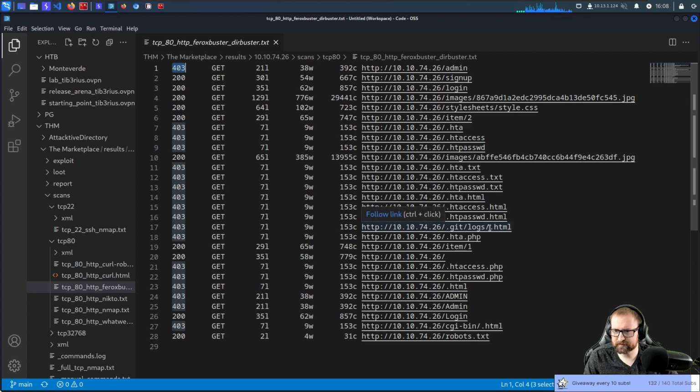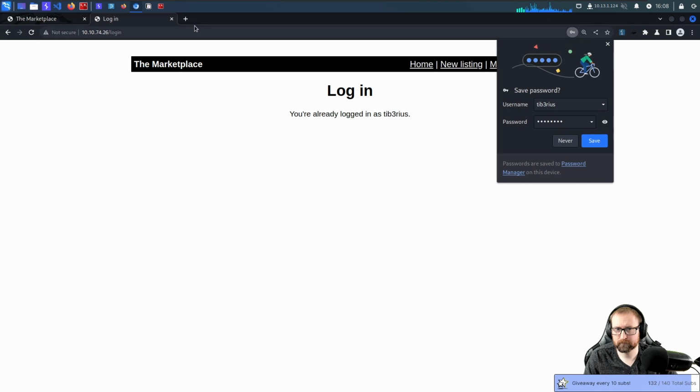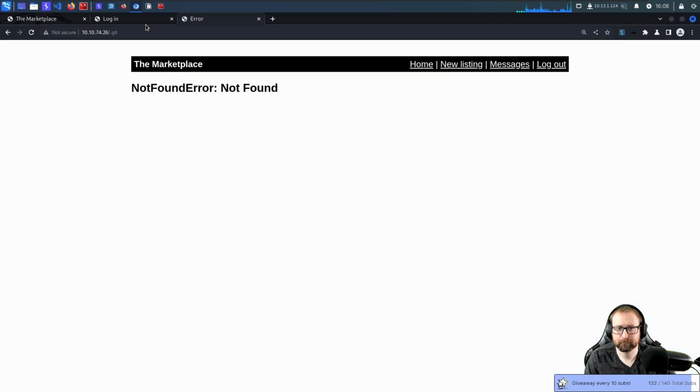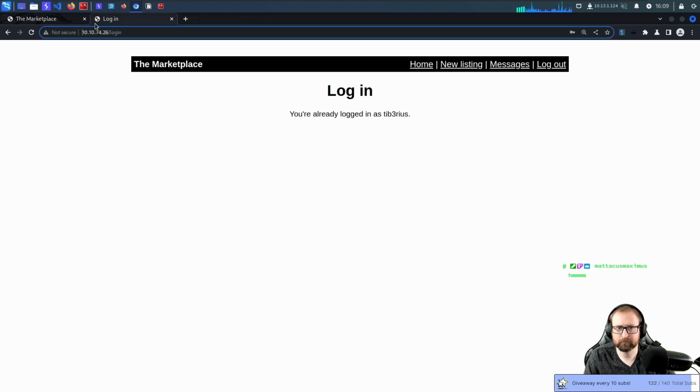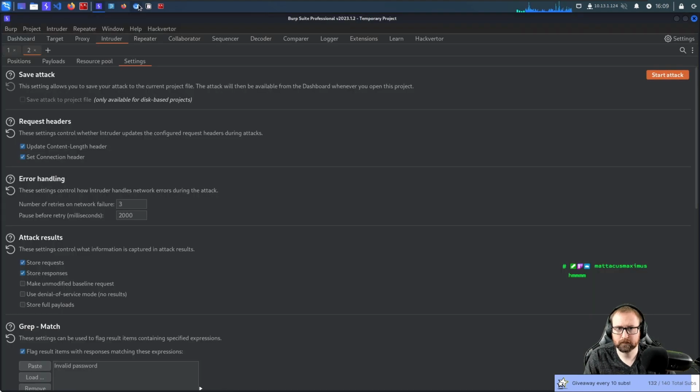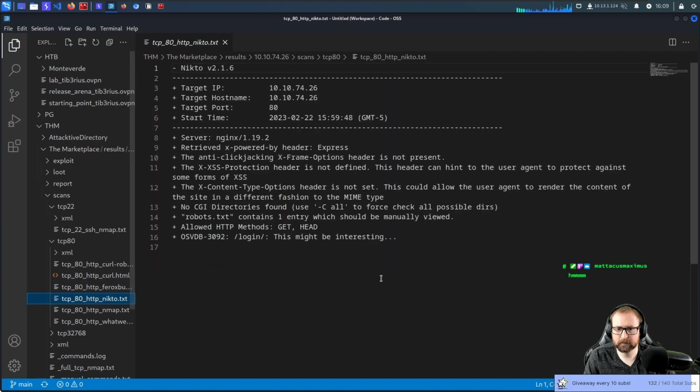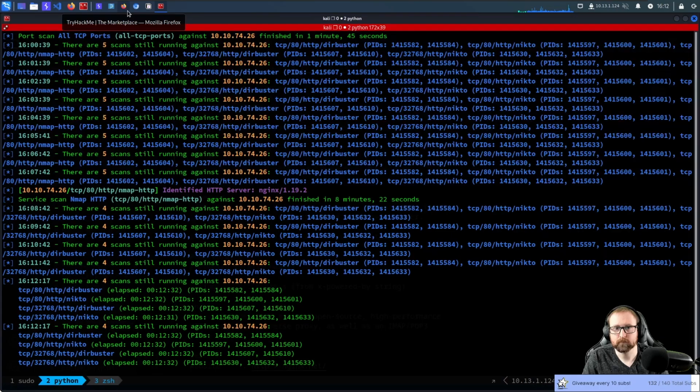Git logs would be interesting. If there was indeed a Git directory, maybe there isn't. I don't know. .git. Not found. Alright. Probably nothing. Okay, and Nikto. By the way, Nikto now runs for everybody who loves Nikto.